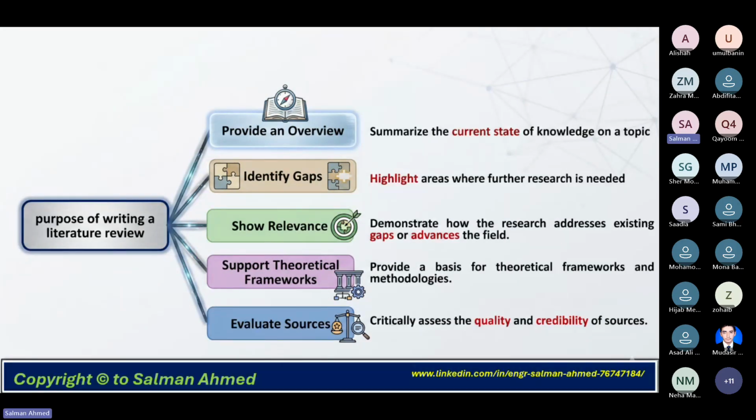So that is the evaluation criteria: when you are doing your work and comparing it with other works in the literature review, you should be clear that the citations or referred articles must be authentic.